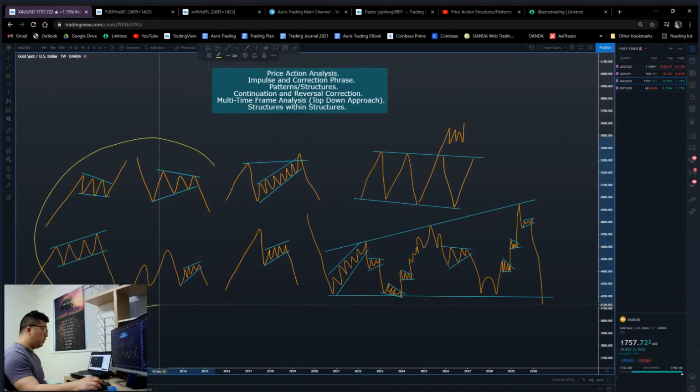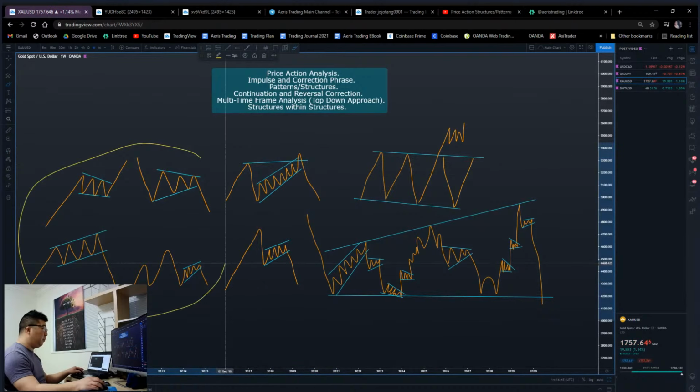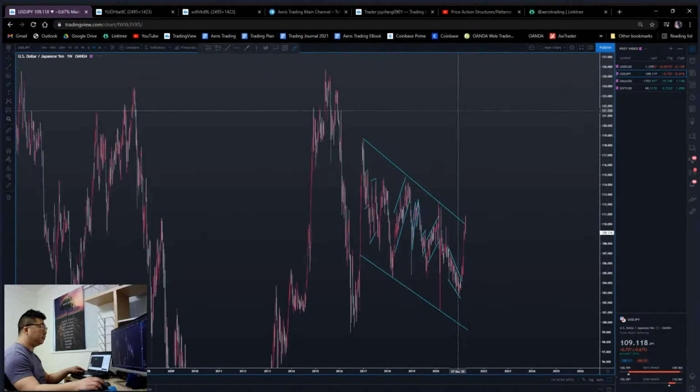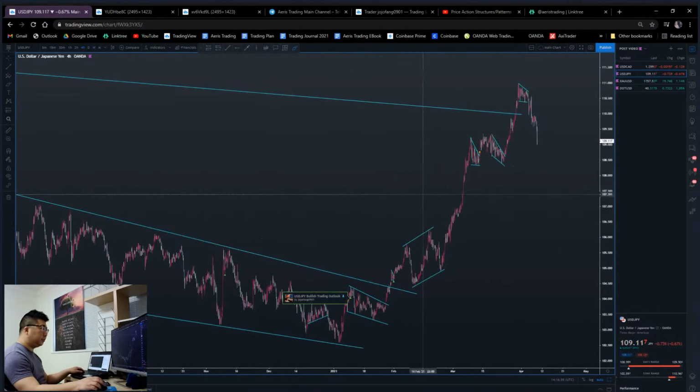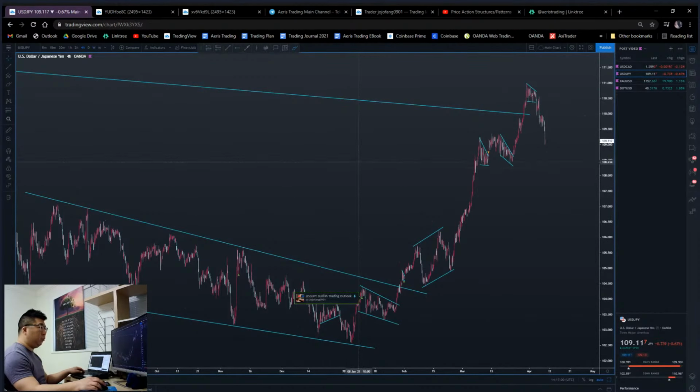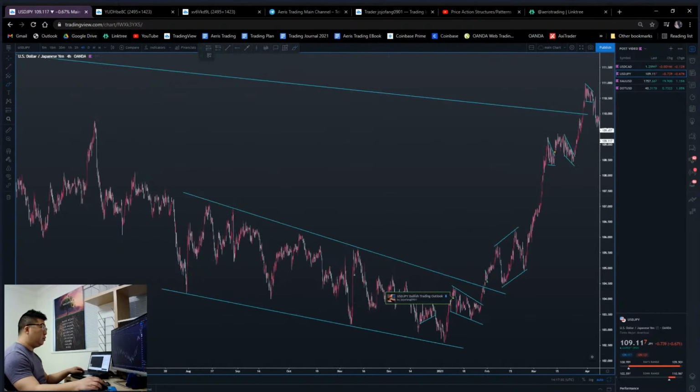Okay, let's look at these kinds of examples here in the market. These are going to be a little bit more advanced. I'll wait a little bit longer, but these four examples here, I'm going to go over. I'm going to pick some markets to go over and see if you can already see. So look at dollar yen here. So what do we see from dollar yen? Well, if we zoom out here,